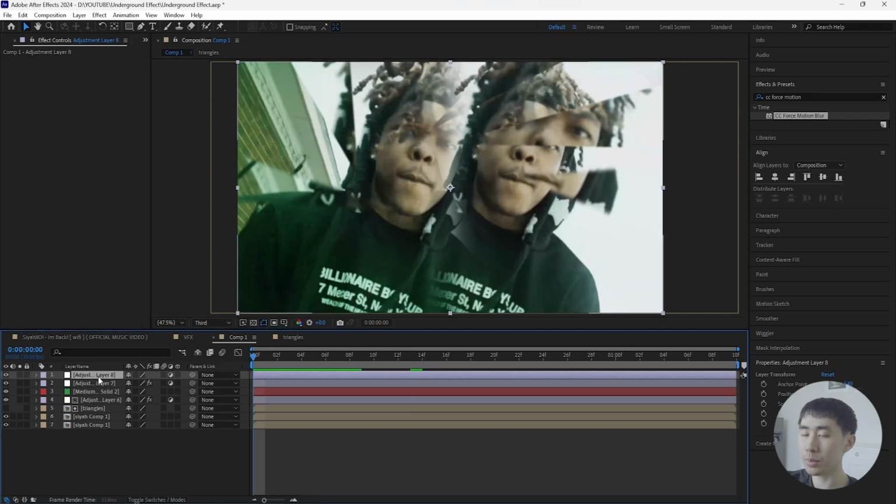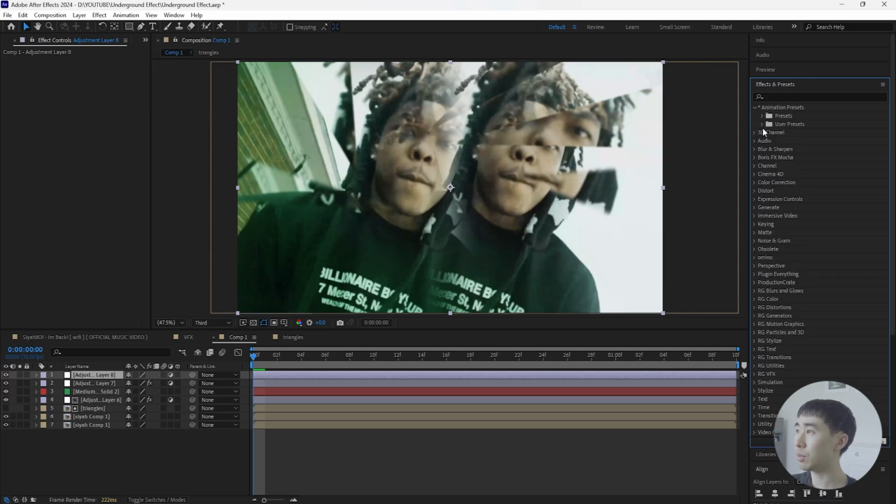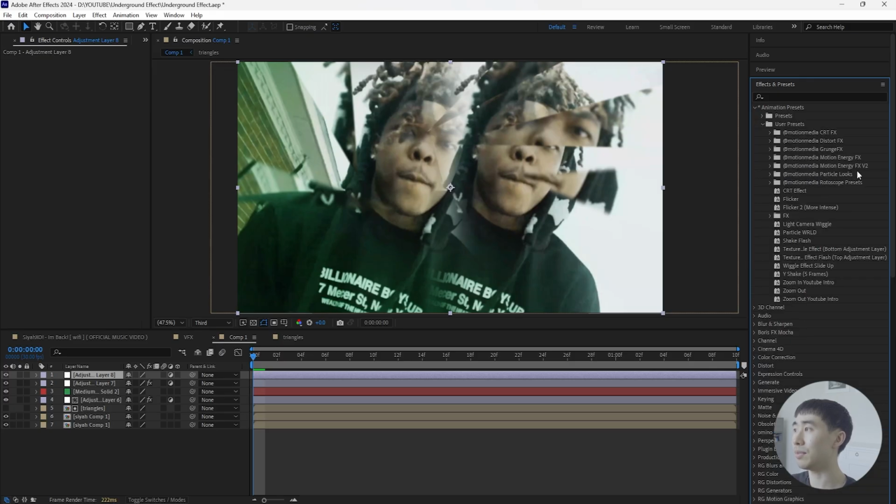Let's create another adjustment layer, and we're going to be creating a vignette as well as a flicker. And in order to create this, I'm going to be using a preset from my Motion Energy Effects V2 editing